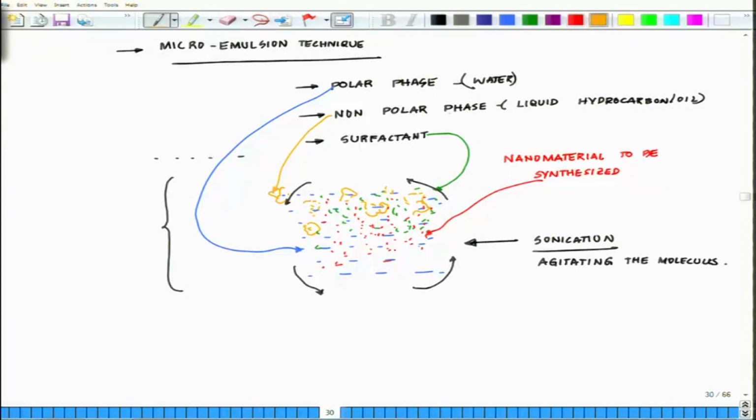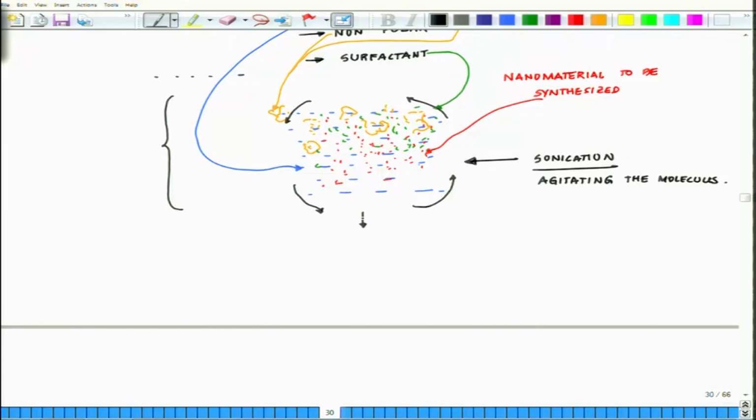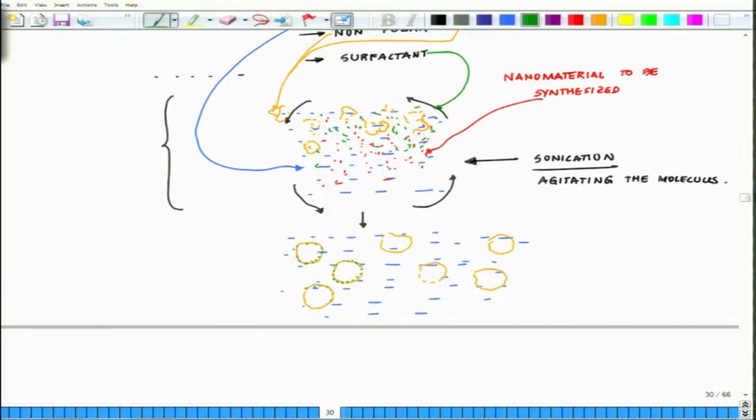So what will happen is these non-polar phases will try to self-assemble. So something like this will arise out of it. These non-polar moieties within the liquid. So this is the polar phase, which is water. Within water, these non-polar moieties will form some kind of a spherical shape in order to reduce their surface energy. And within that, you will have the surfactants which will ensure they remain separated from each other. And since during agitation, randomly, some of the particles will get trapped inside. So in other words, each one of these spheres, what you are observing out here, is acting as a nanoreactor,